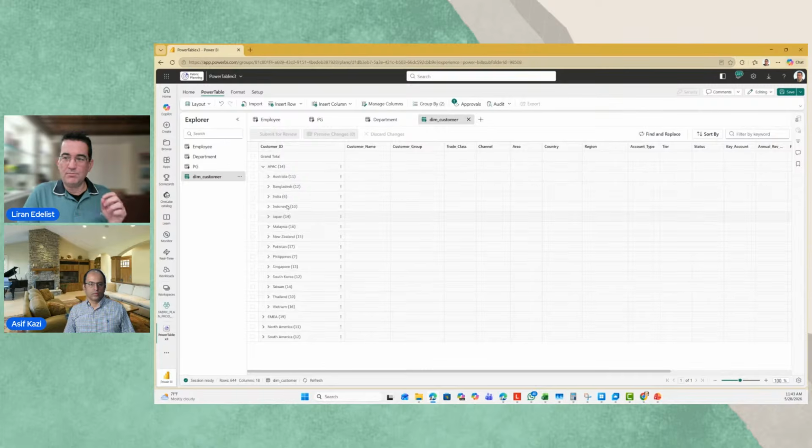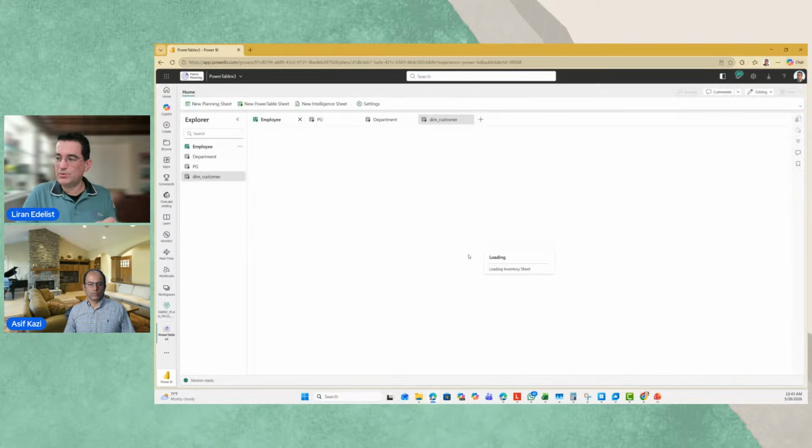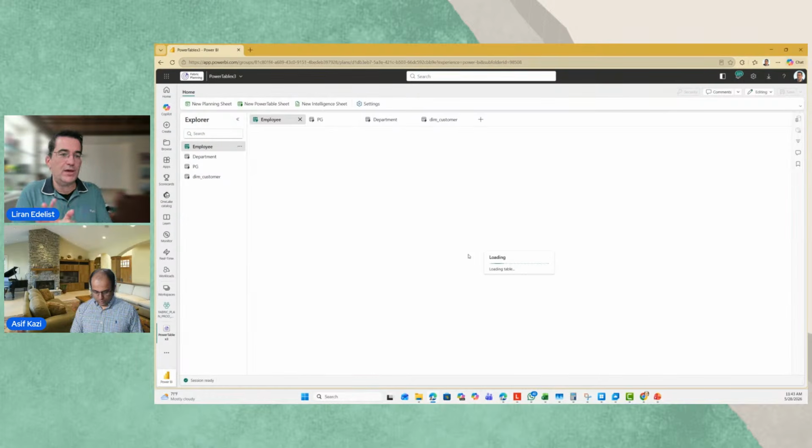I mentioned that there are many use cases for that. So again, another use case, I will just discard those changes. Another interesting use case for that is employee management. You want to do your HR planning. You want to start with a list of employees that exist in your organization. You can connect to an employee table and just make sure that you add or update existing employees in the organization if needed.